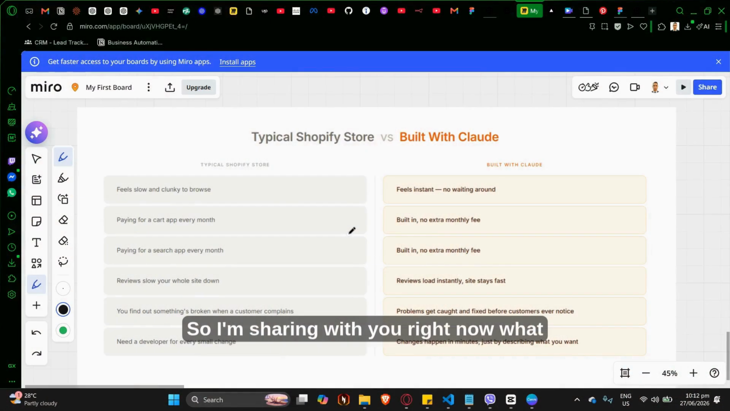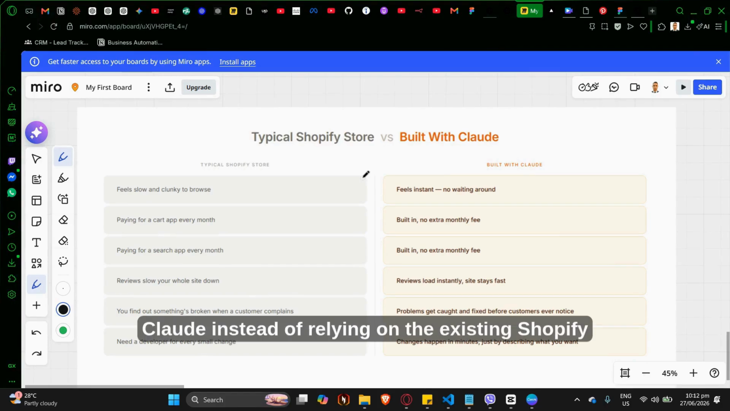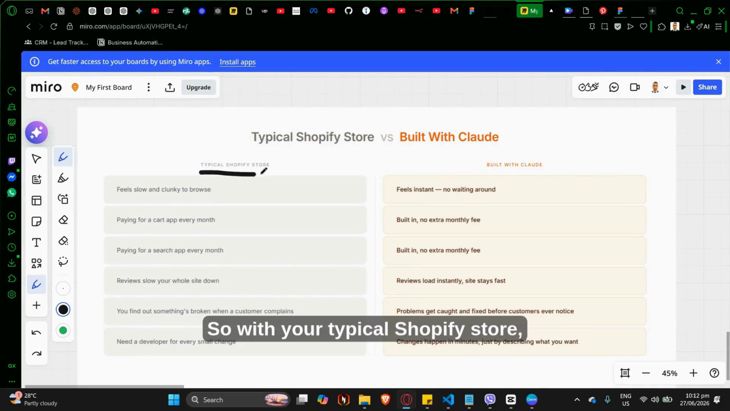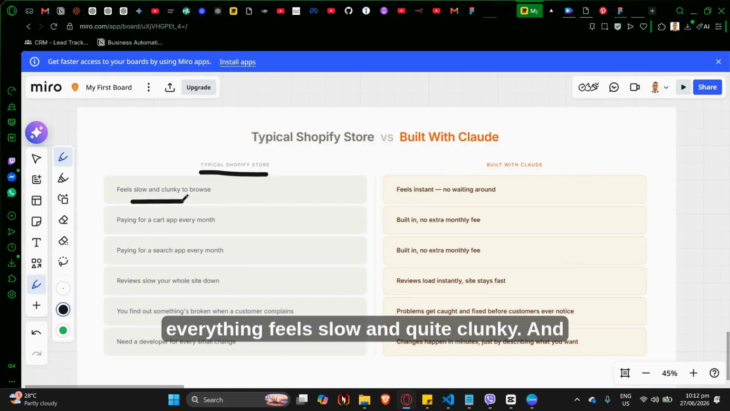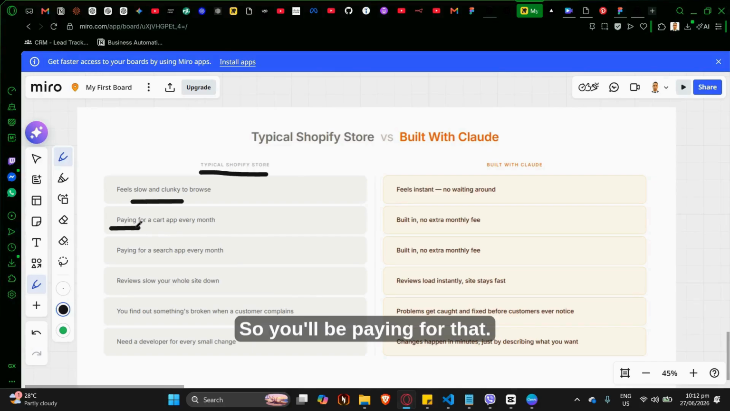So I'm sharing with you right now the benefits of building with Claude instead of relying on the existing Shopify themes once you have created your Shopify account. With your typical Shopify store, everything feels slow and quite clunky. For example, if you need a cart drawer, a decent search, or a review display, it will be a separate monthly subscription. So you'll be paying for that,